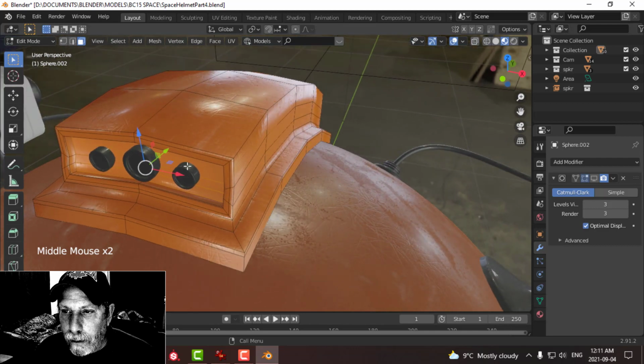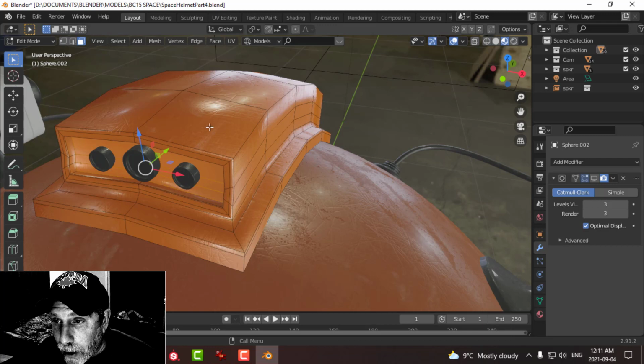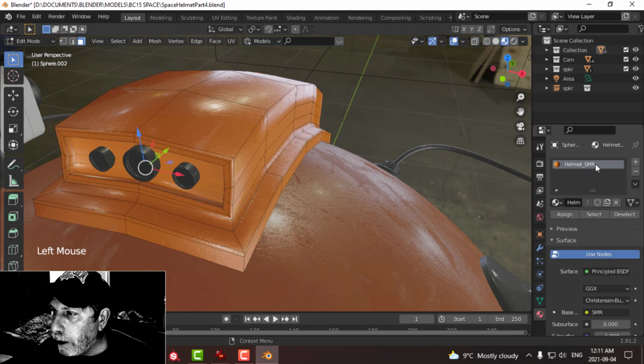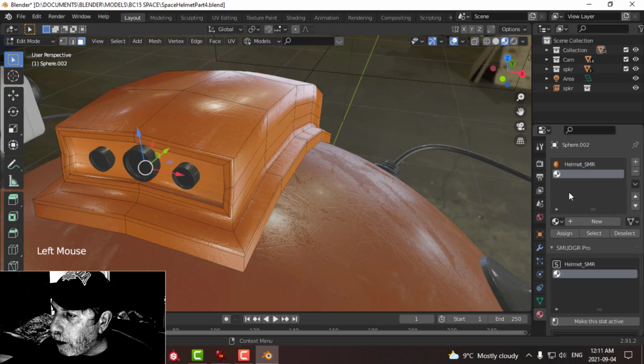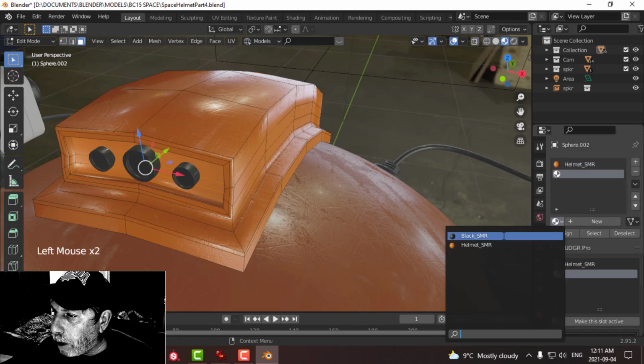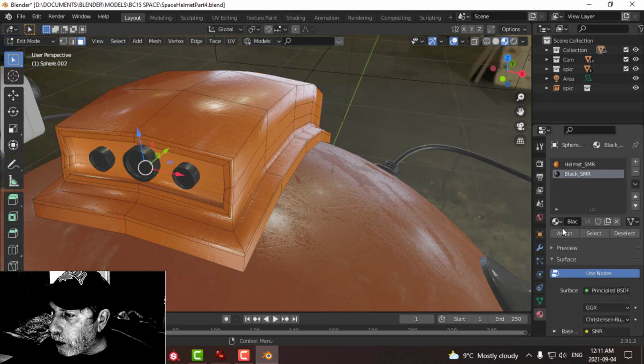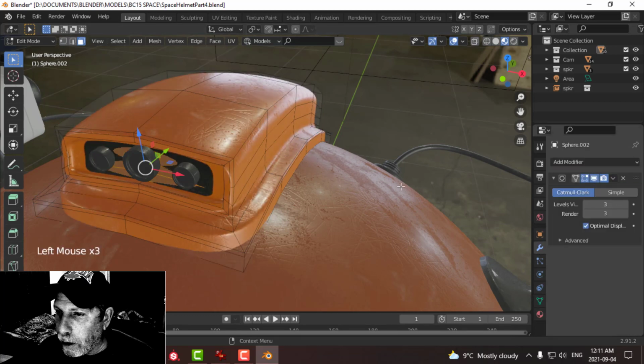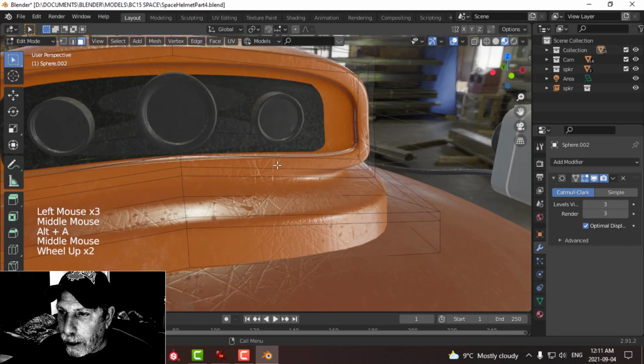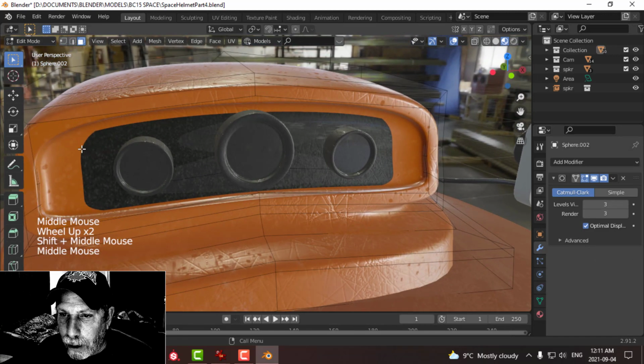All right. This has the orange material on it right now, and I'm selecting some faces of the same object. Come to the materials. You can see it's got the helmet on it. I want black on here, so I want another material available. So I'm going to click plus, come down here, choose black, and with those faces selected, I'm going to hit assign. Now I'm going to show you something. I'm going to turn on Subdivision Surface, and you'll see I've got some black in here, but it's not covering